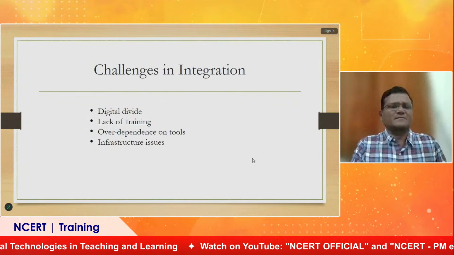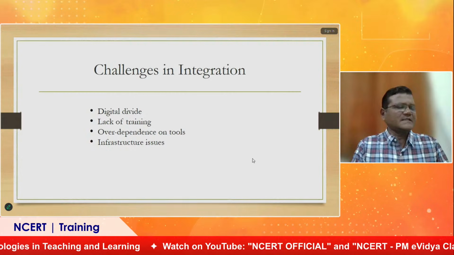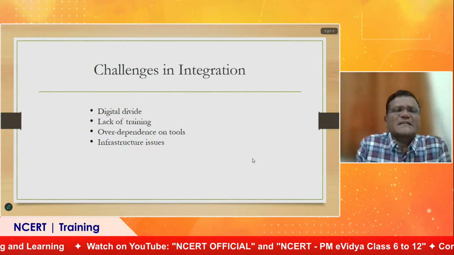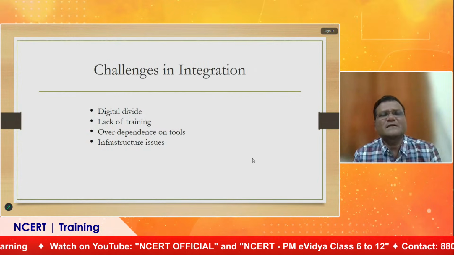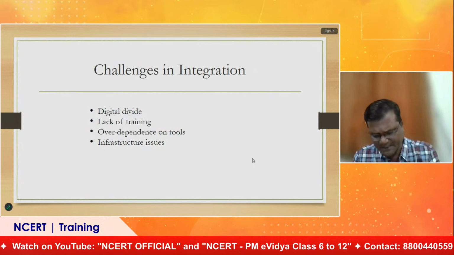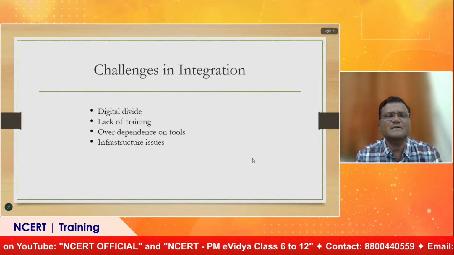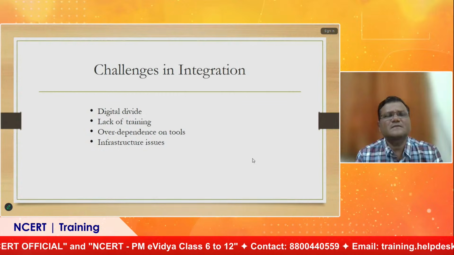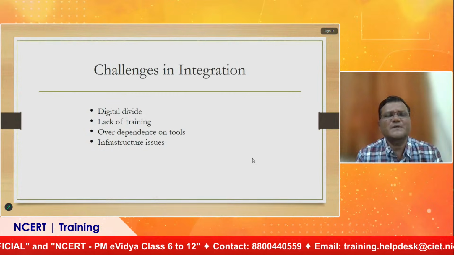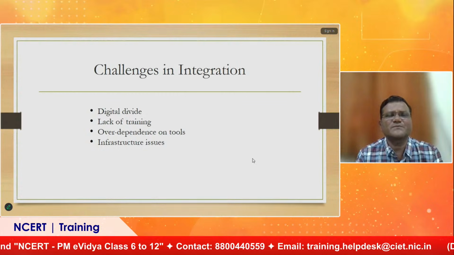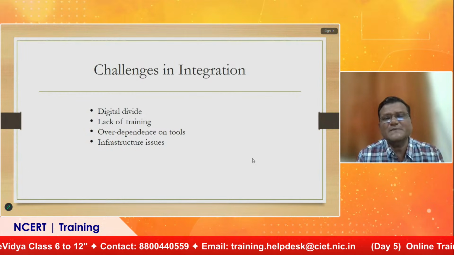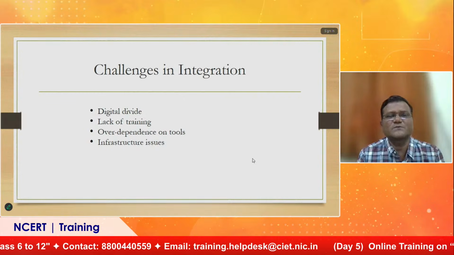Now, what are the challenges in integration? There are mainly 4 challenges. Number 1, digital divide. This is a very concerning area for a country like India. On one side, rich people very comfortably take benefits of digital gadgets, but at the same time, poor people are struggling to have these gadgets.